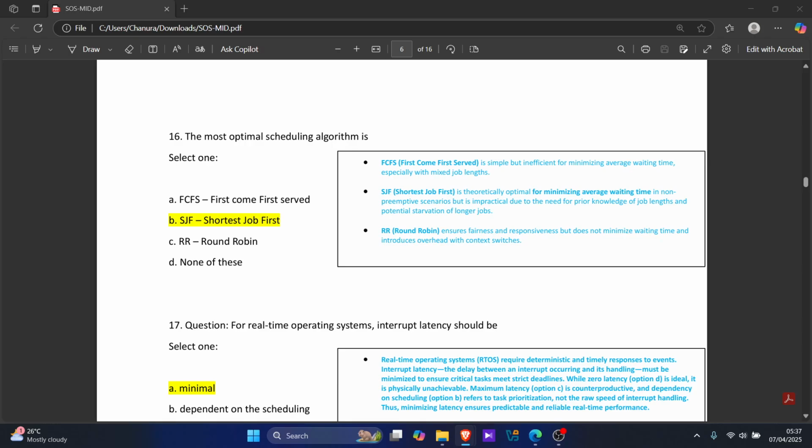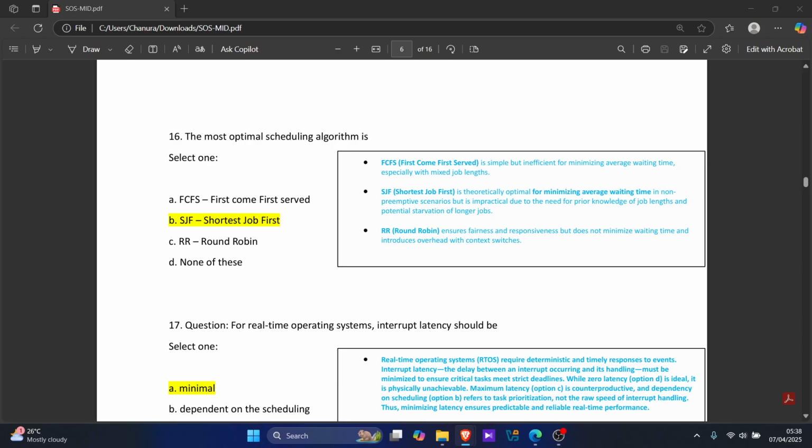Alternatively, maybe the answer is D, none of these, because the most optimal algorithm would depend on the criteria. For example, if you're optimizing for turnaround time, SJF is optimal. For response time, RR might be better. But the question doesn't